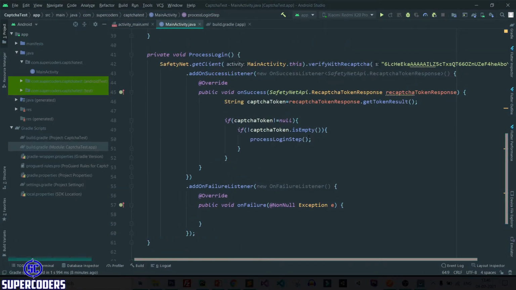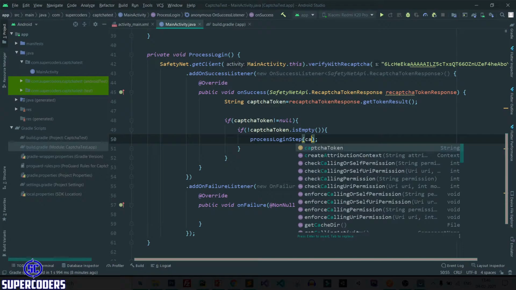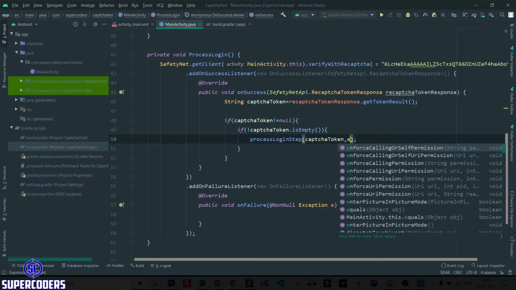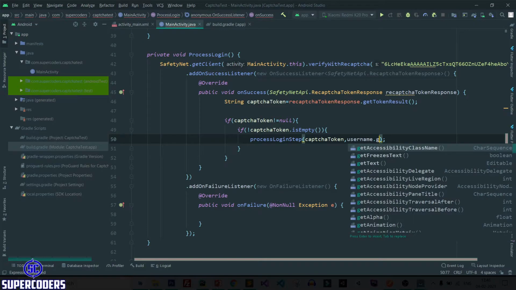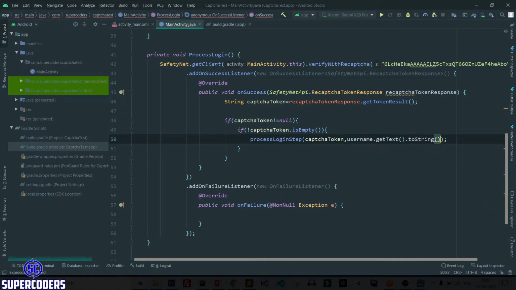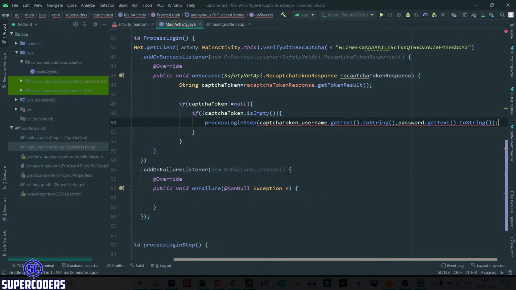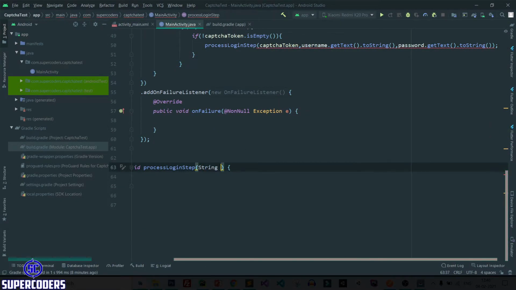Click alt plus enter, create method, and here you need to pass the first parameter captcha token, then username dot getText toString. Next is password dot getText dot toString. Let's add it also here. So String token, String username, String password.